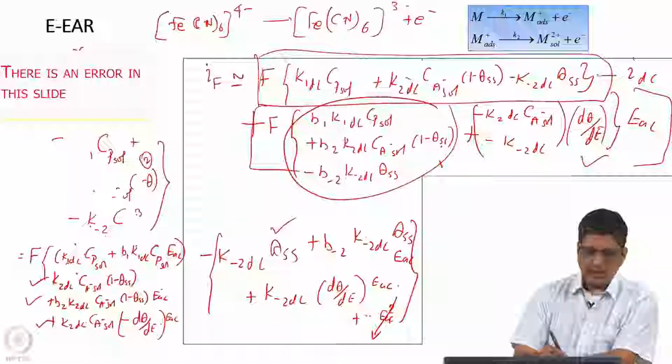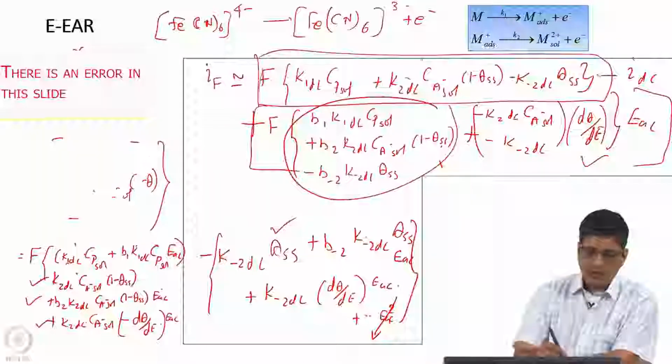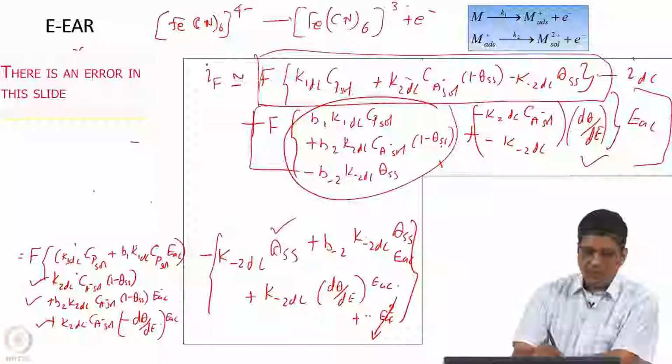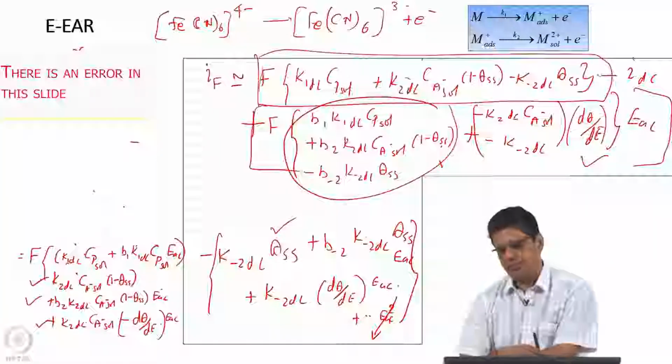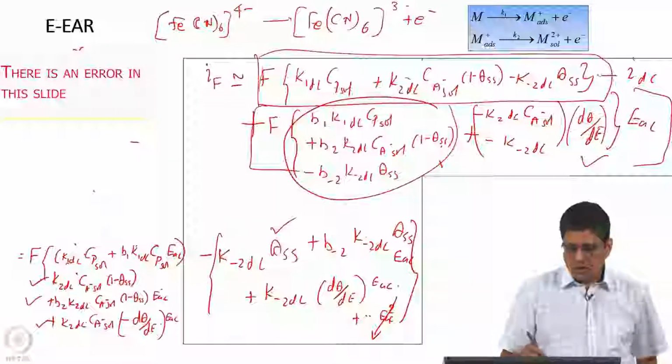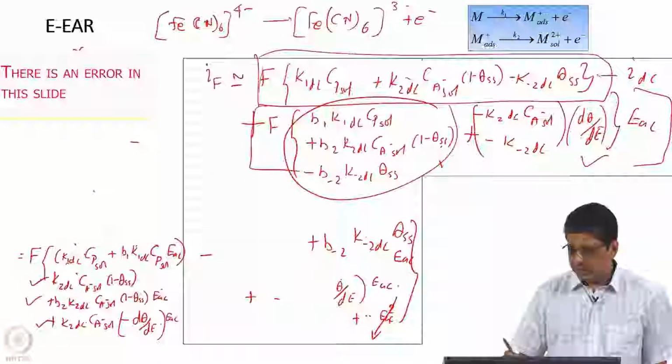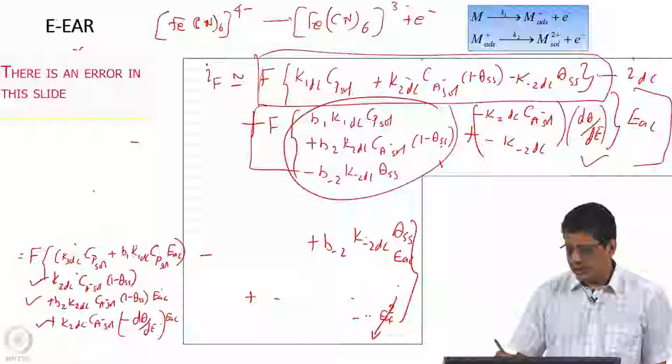Now, I would like you to think and tell me what would happen to the DC current, and what would happen to the steady state surface coverage theta when potential is increased. You have the expression for theta under steady state condition, and you have the expression for Faraday current under steady state condition.